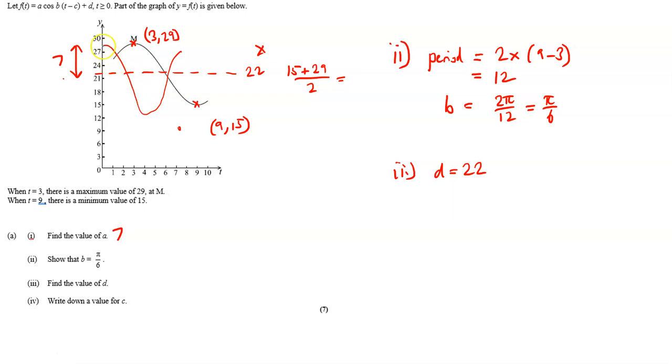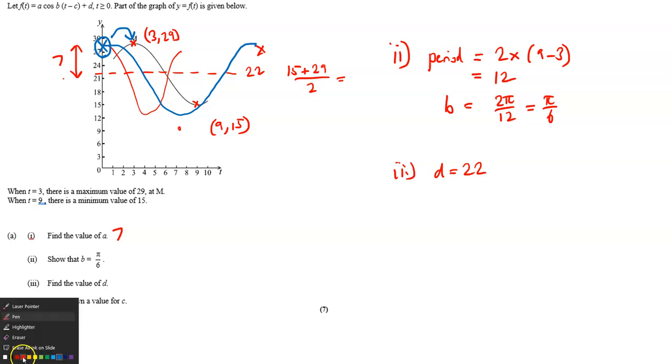So after it's dilated by pi on 6, maybe it's doing this thing here. But the nice thing is, if we look at that point, the dilation doesn't affect that. So we can see that the graph has been translated 3 to the right, which means our value for C is going to be